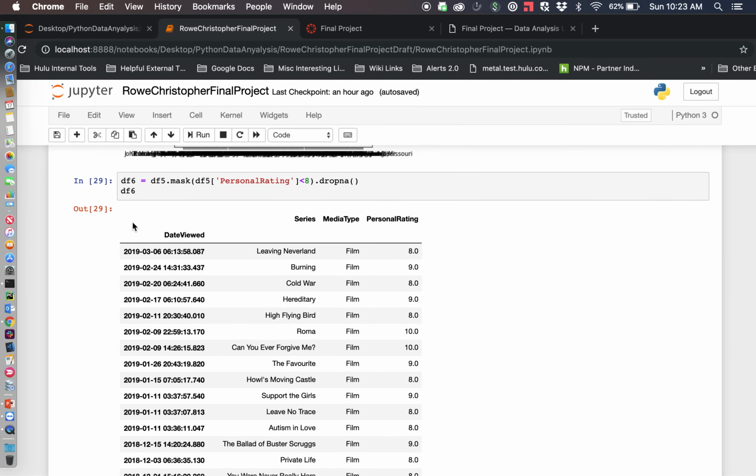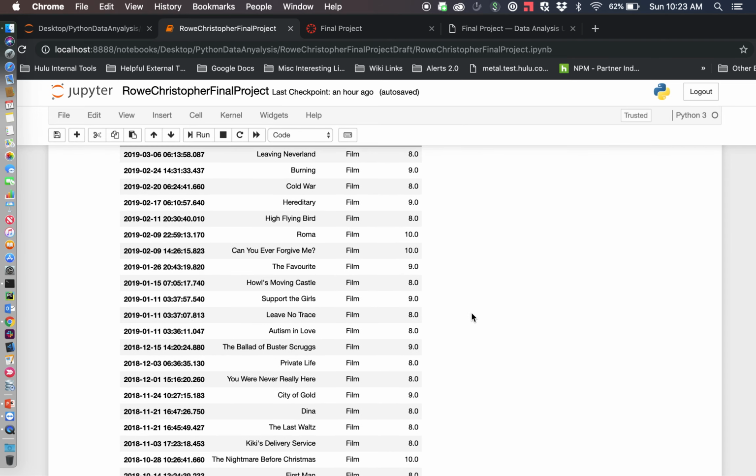Here I'm going on a condition where I want to try a mask. So I'm trying to see what movies or what media items I've given an 8 or higher to. So the way I did that was create a data frame where I mask anything that I gave less than an 8 to and immediately drop those not a numbers and null values. And then I get